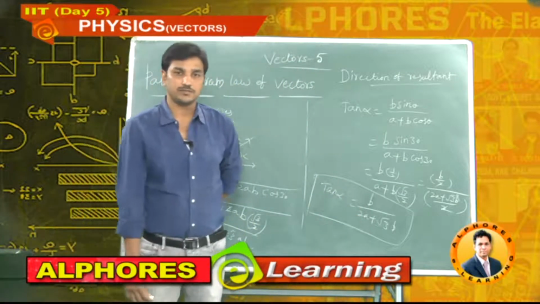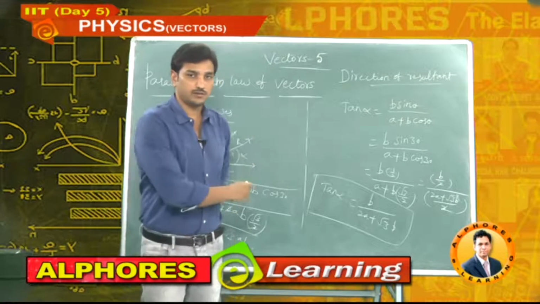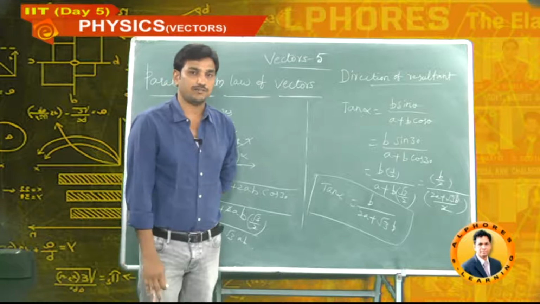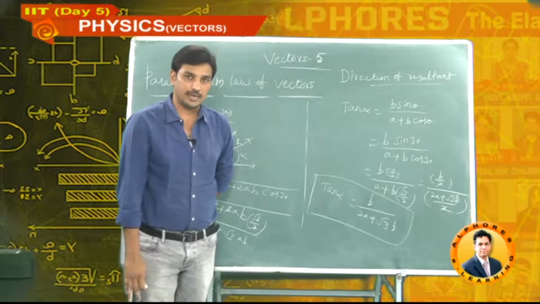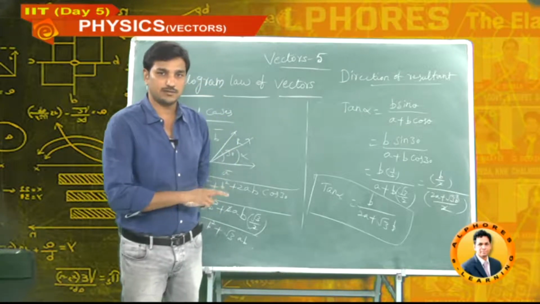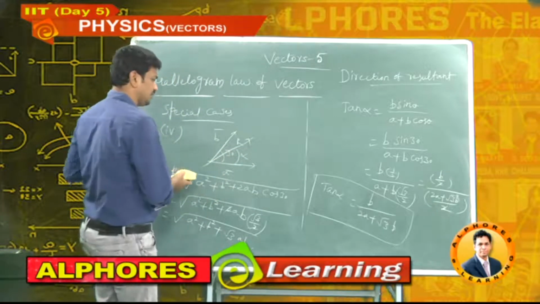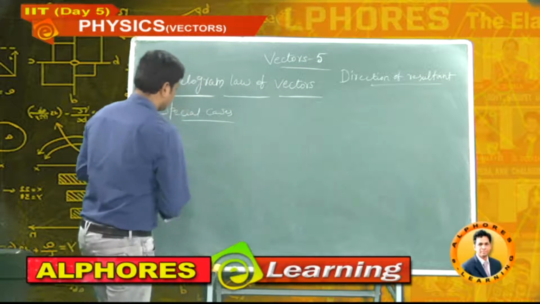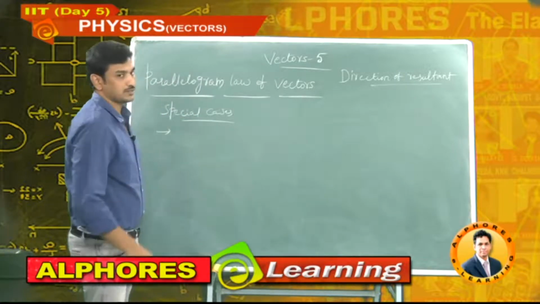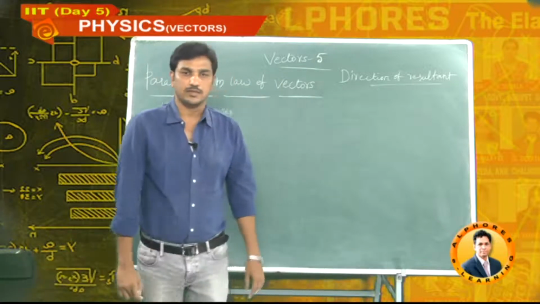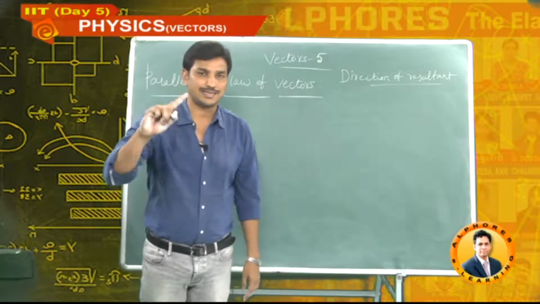So, in this way we can solve different questions depending on this concept. Whatever the angle, we can find the resultant magnitude and we can calculate the angle made by the resultant with the horizontal vector, that is nothing but A bar. I think you got the clarity. See, I will write some points. If vectors are equal, then the resultant is exactly bisecting.